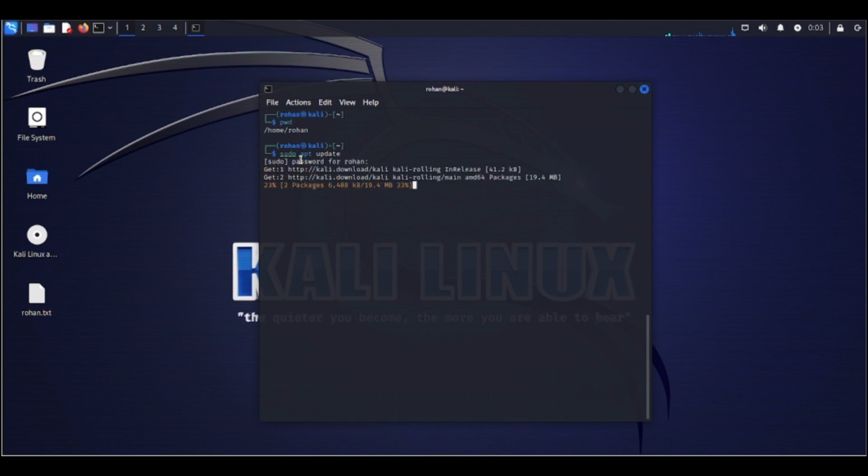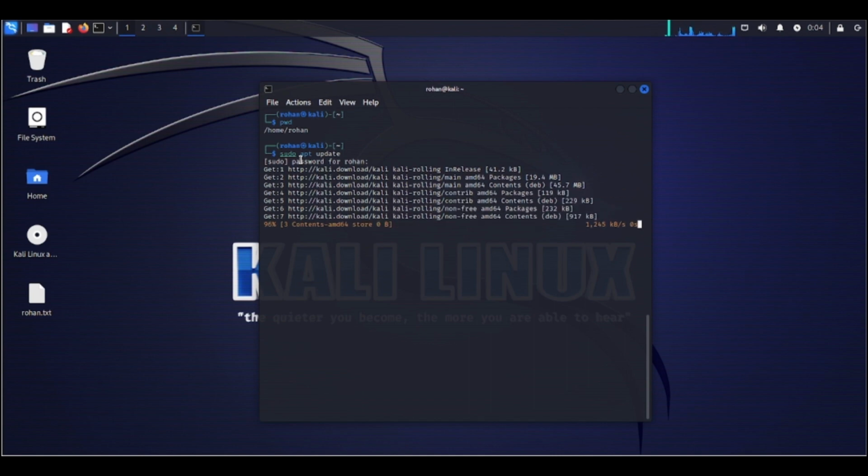It will take some time depending on your net speed. Now it's done, and